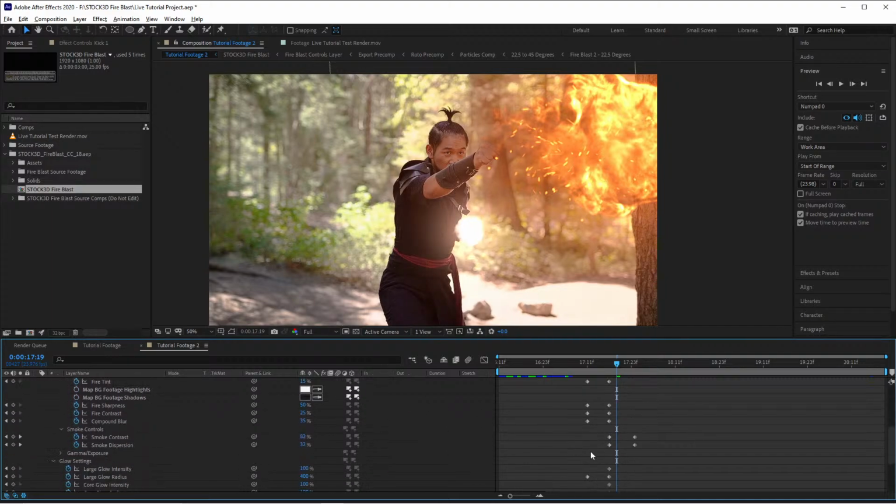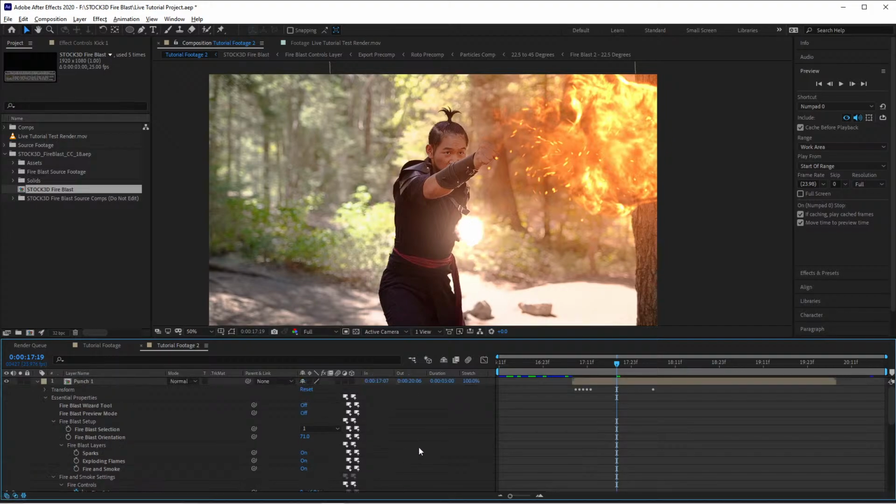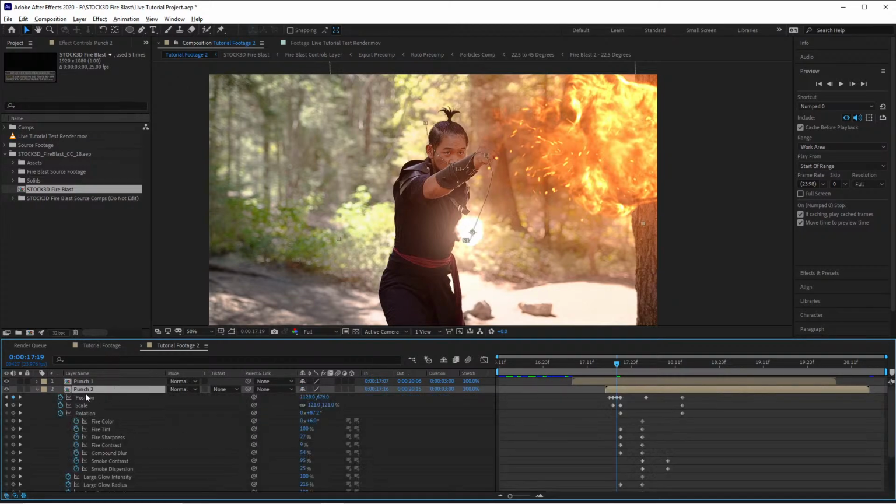And so these keyframes live here on this layer, but you're going to see now, guess what? Those values just got imposed onto the source comp that all of these reference, okay? And so if I hit the U key with Punch 2 selected, you're going to see all those keyframes exist there now too as well. And if I made a tweak here independently, it would just change the values on this instance, right? So as we scrub forward here in time,